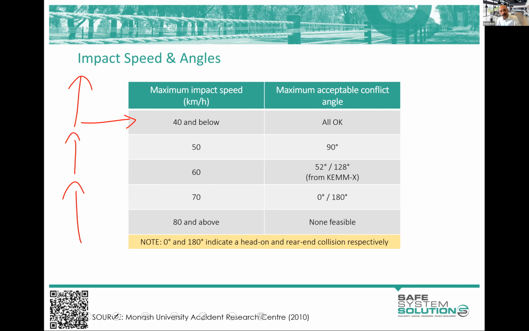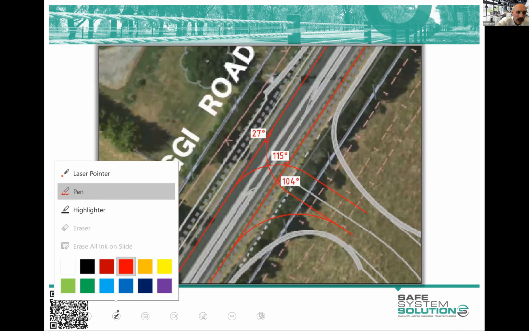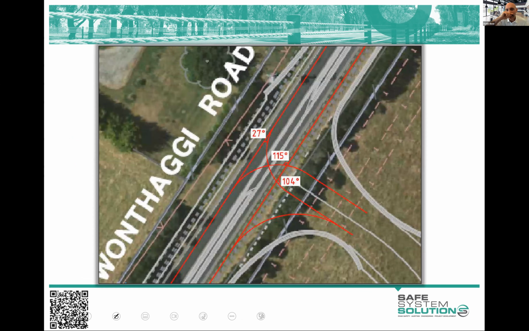Now, people want to get very precise sometimes with this, and it's not a precise science. There are models such as ChemX, which is the kinetic energy management model, where you can be a bit more precise, but even that has so many variables in there. We have these general speeds that we think of as thresholds. So when you get to an intersection, or you're given an intersection to look at, you can start to say, what are the angles that the crashes could occur at? And you don't need to be this precise. If you're working in CAD, you can easily be this precise, but as a safe system assessor, we don't really need to do that.